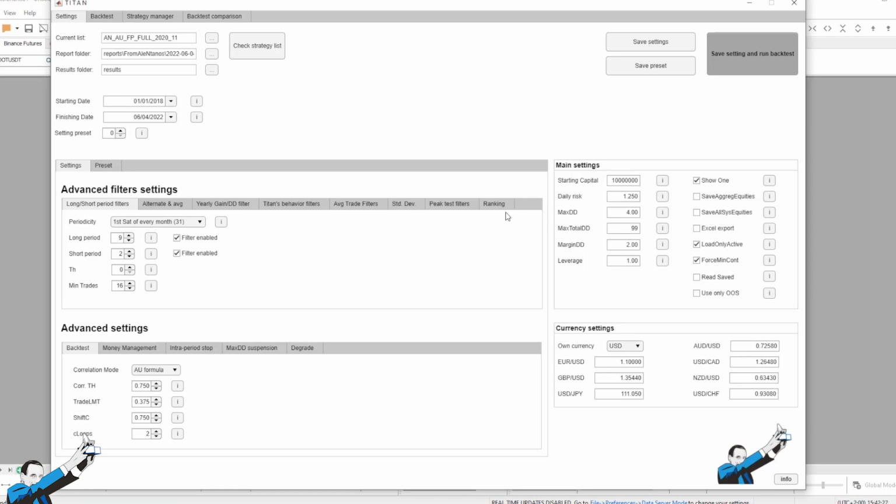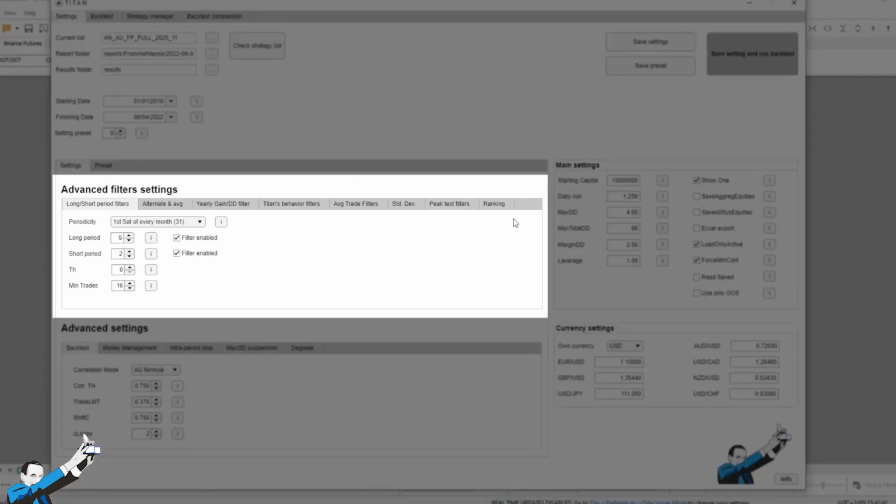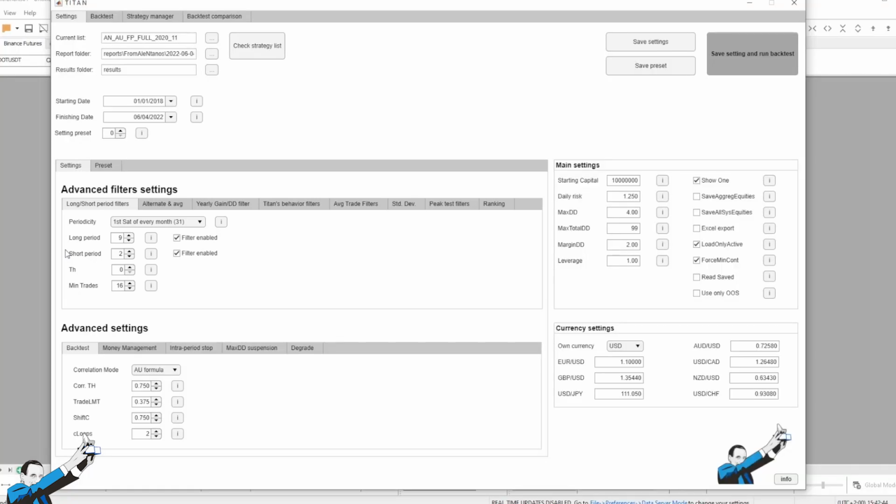Now we'll assign risks that make little sense in this case on our systems, and that consider the drawdown or the worst case scenario, which could be the worst day of the strategy, the worst week even, or whatever. And let's see, based on the filters placed on the equities, which systems would be used month by month according to our program, so according to Titan. We'll then decide whether to use only those systems that have performed well, namely those that have been positive in the long and short term. And then we can use 9 months or even 12 months or a year for the long term and 2 to 4 months for a shorter period.